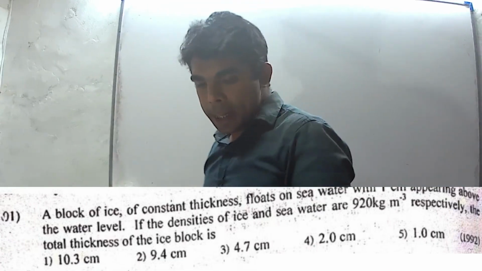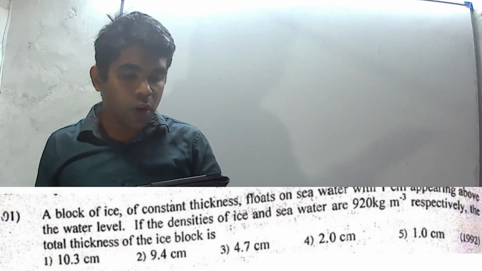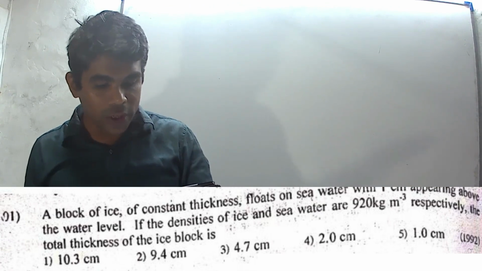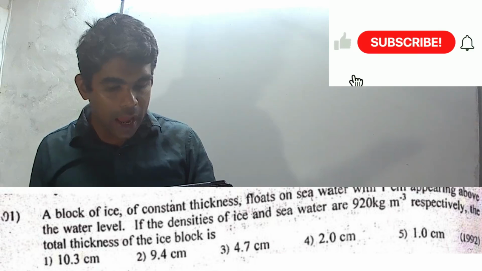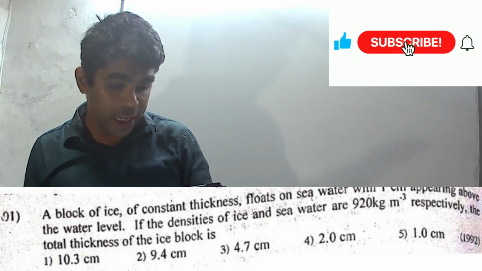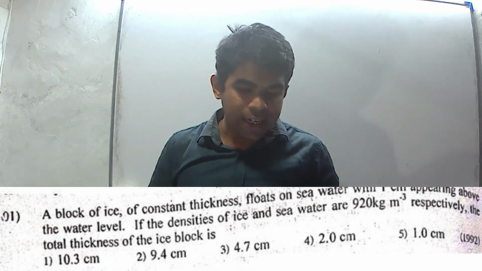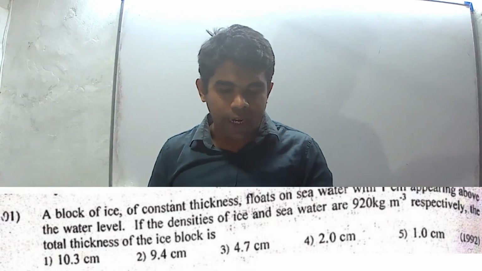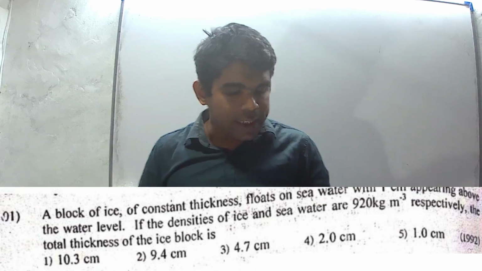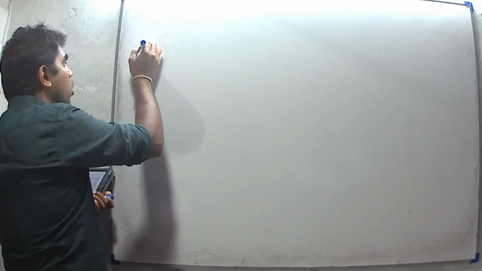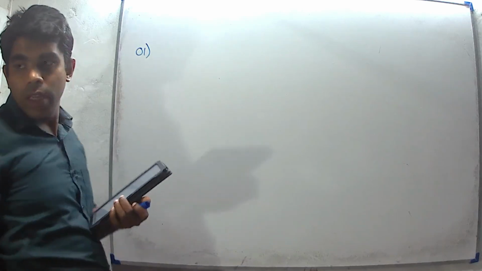Question number 1. A block of ice of constant thickness is floating on seawater with 1 centimeter appearing above the water level. If the densities of ice and seawater are 920 kg per cubic meter and 1000 kg per cubic meter respectively, the total thickness of the ice block is. We know that immersed volume divided by total volume equals